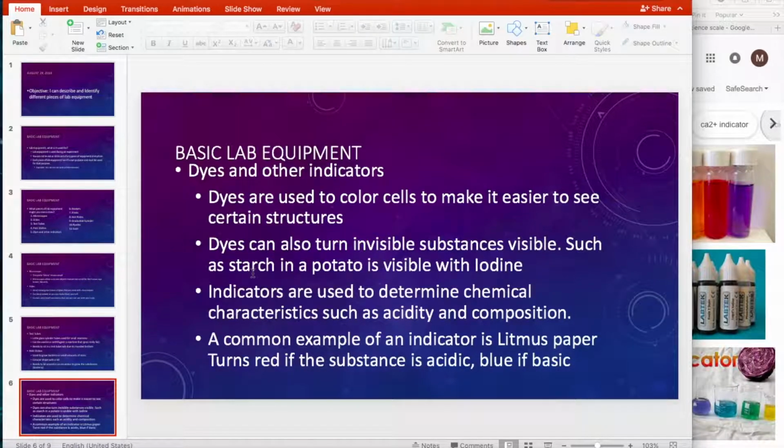Alright, our next part is kind of two things smushed together as one. We have dyes and other indicators. Dyes are used to color cells to make it easier to see certain structures. Dyes can also turn invisible substances visible. For example, we cannot see the starch in a potato until we use iodine. So adding iodine to a potato allows us to see that starch within the potato. Indicators are used to determine chemical characteristics such as acidity